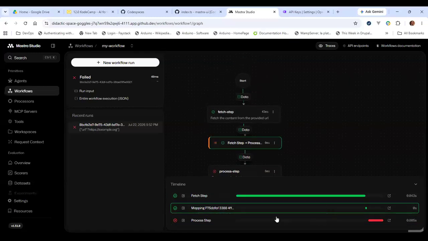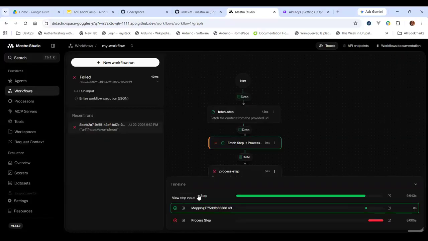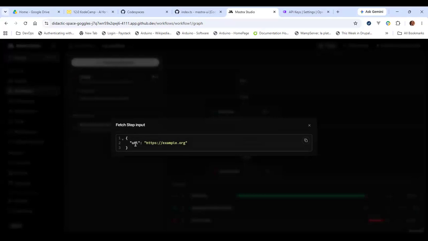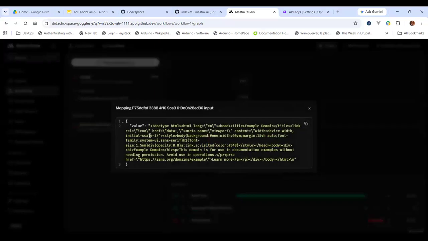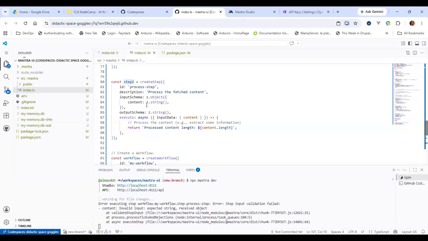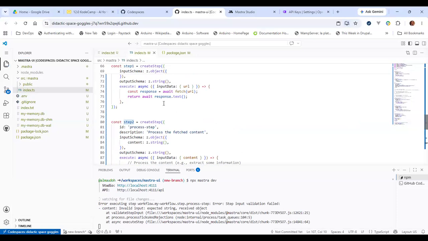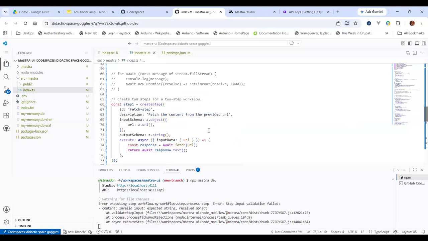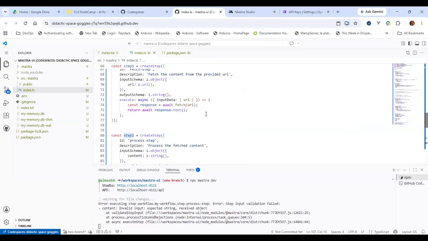So workflows allow you to build some complex stuff. Basically, what LangChain is calling chains. And these are the inputs. You can see URL is HTTP. It allows you to inspect stuff. And then this is a response, which is the actual HTML that is passing as value. Remember, in our intermediate, okay, the output is value. But I think the problem is now the response from that step is response or text.